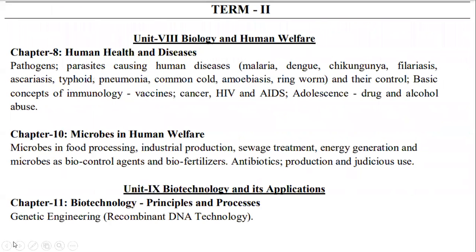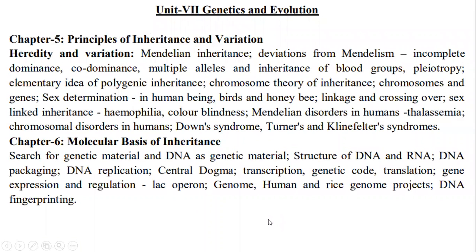And after that comes unit 7, genetics and evolution. So what else do you have to learn from genetics and evolution? Almost all the important topics you have to cover from principles of inheritance and variation as well as molecular basis